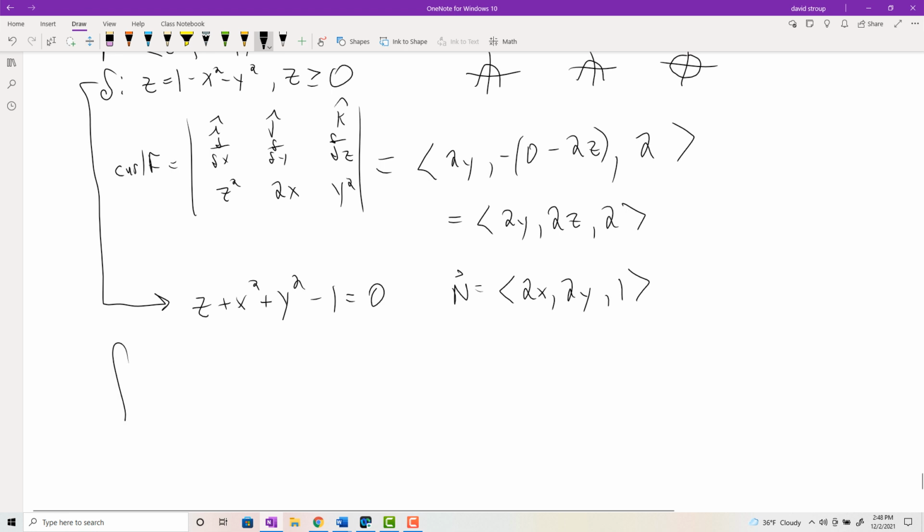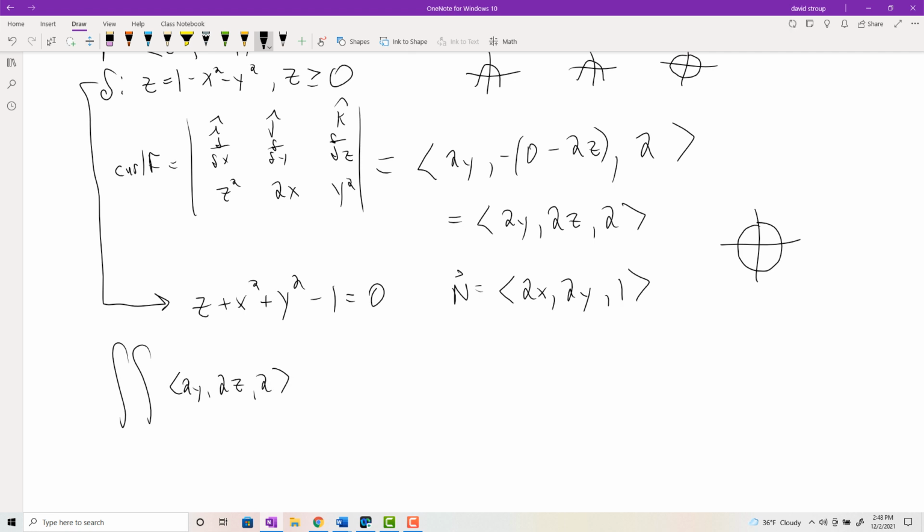So anyways, we'll end up with a double integral over the circle that I drew above, circle with radius 1 in the xy plane, of the curl 2y, 2z, 2 dotted with the normal vector 2x, 2y, 1,